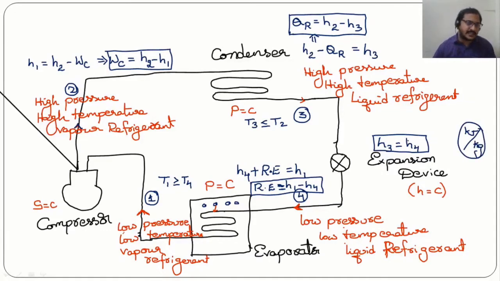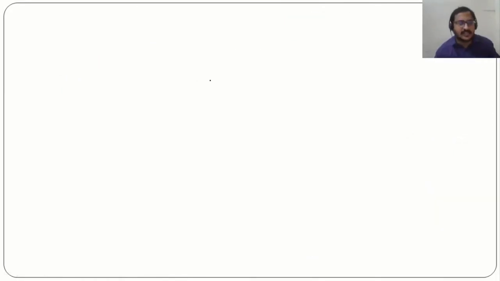In order to get the work input to the compressor or the refrigerating effect in terms of kilowatts, we need to multiply with the mass flow rate of the refrigerant that is given. So mass flow rate of the refrigerant into H1 minus H4 will give us the refrigerating effect